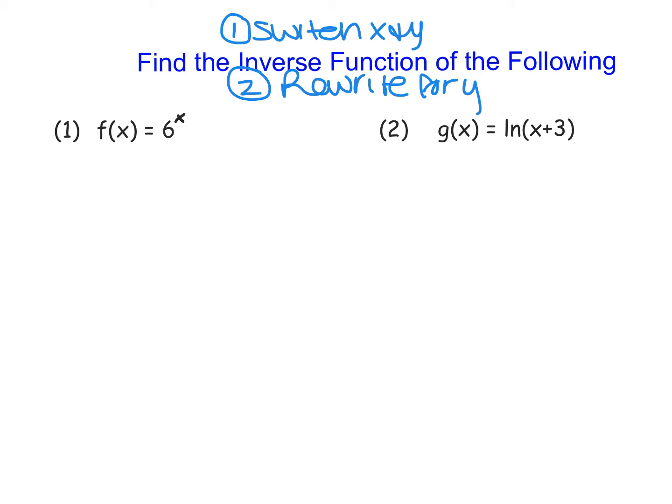We're going to start off by writing this as y equals 6 to the power of x, because we need to have it in terms of y and x. And then we're going to switch x and y. So we have x equals 6 to the power of y. Now, we don't really have a good way to get the y out of the exponent here, but we do